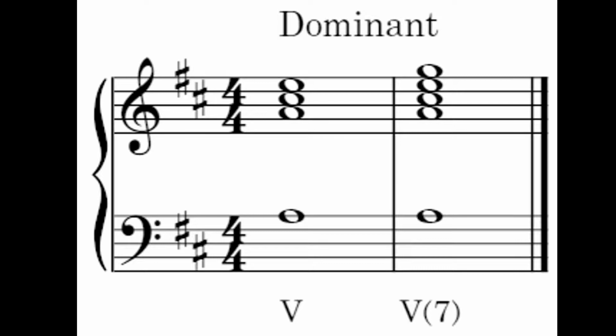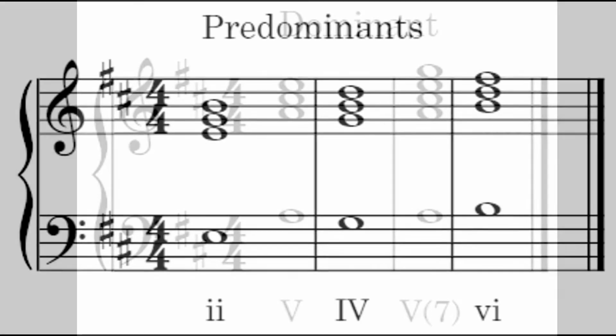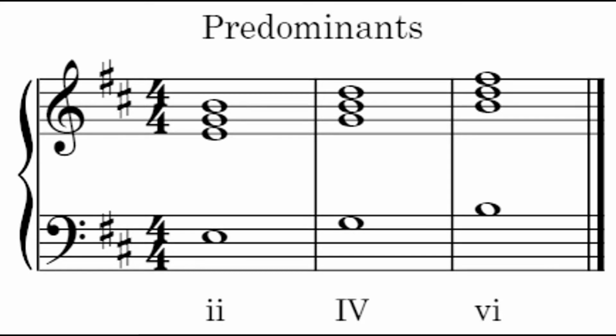Or the classic dominant 7. And we have predominant chords, which move into the dominant. Think chords like the 2 chord, the 4 chord, or the 6 chord. All of which are going to resolve to 5, along with other predominant function chords like the Neapolitan 6 or